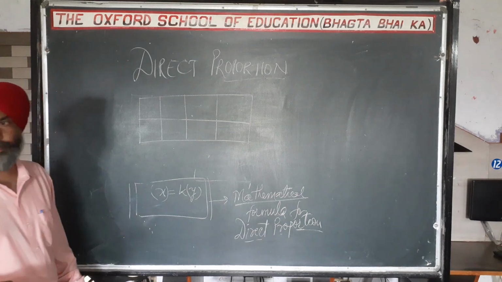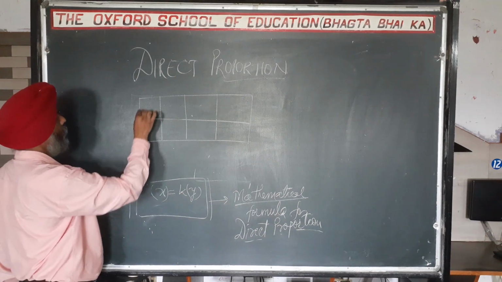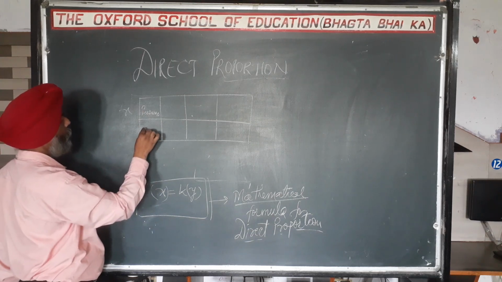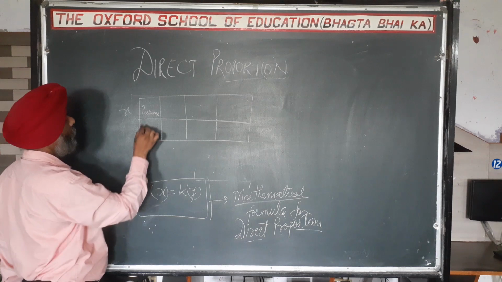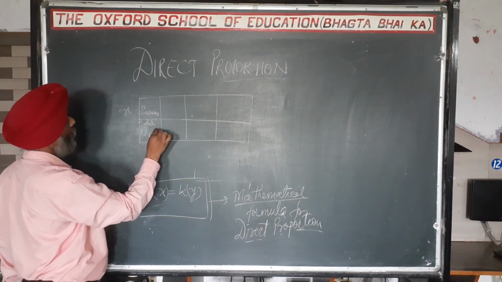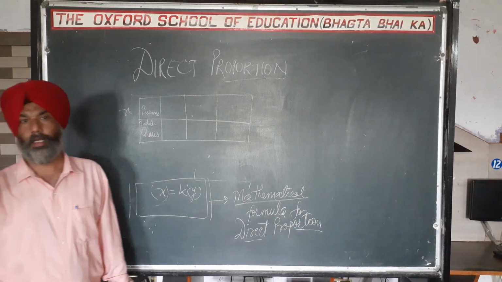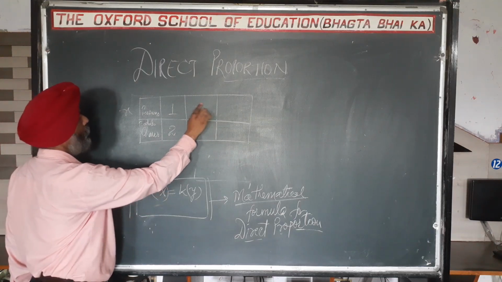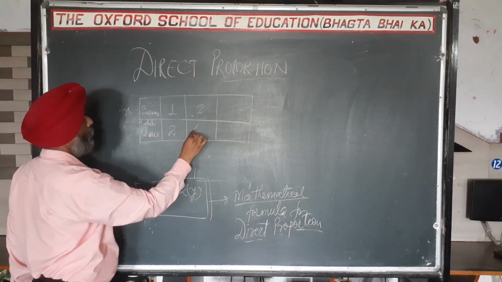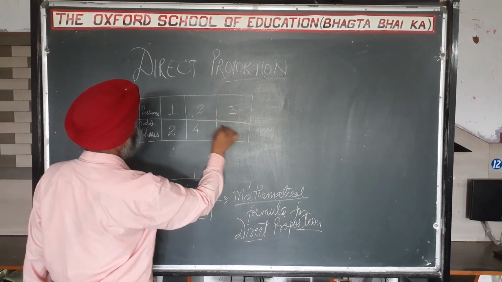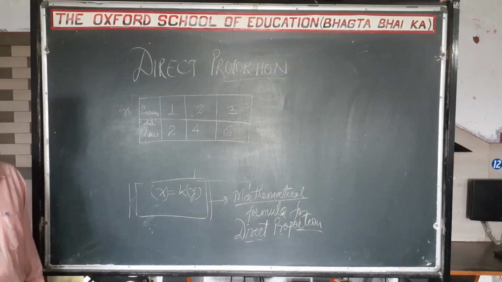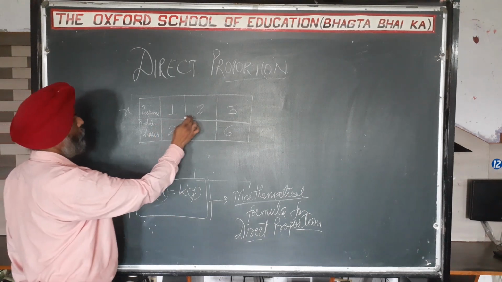As in this room, we have a number of persons sitting as the X quantity, and they require chairs and tables. Each one requires two things, furniture: one table and one chair. So when one person entered, it required two, and when two persons were there, they required four. Similarly, when one more person comes, then we need six chairs and tables. Am I right again?